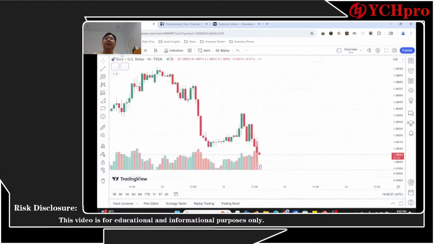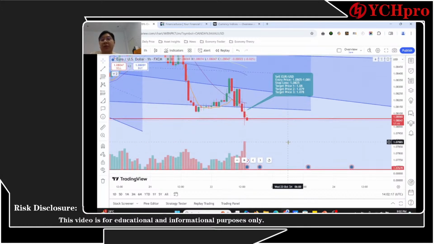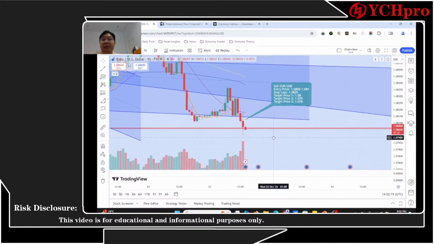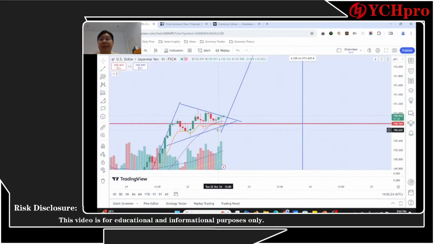Euro USD is a trade coming out of the signal that we are looking at, and it's still pretty much working quite well, and almost hit our profit target. So it's a close one, but I'm expecting good things happening from that side. US dollar Japanese yen, it's also a good thing. Breaking out of this flag, I'm expecting that US dollar Japanese yen could even go higher and higher. Maybe just put the stop losses at 150.4 yen per dollar, and that should work for you guys, okay?